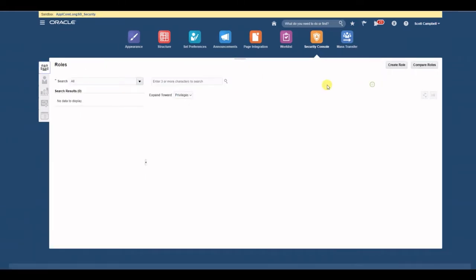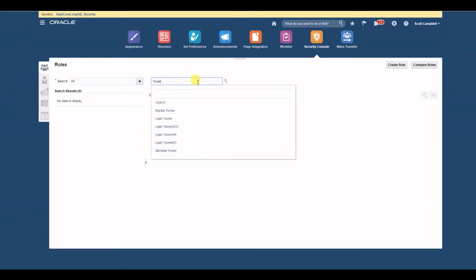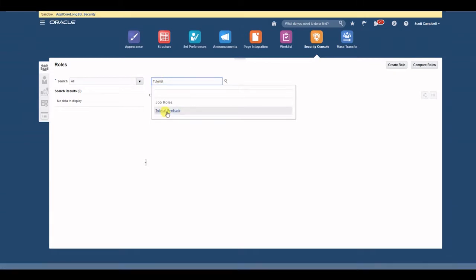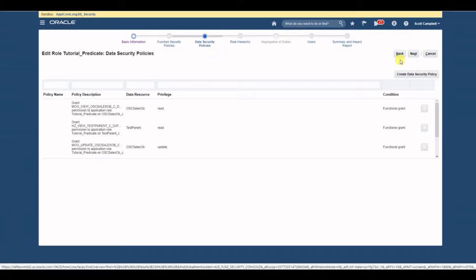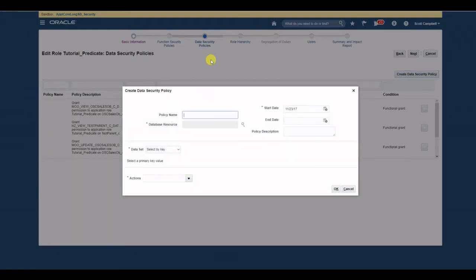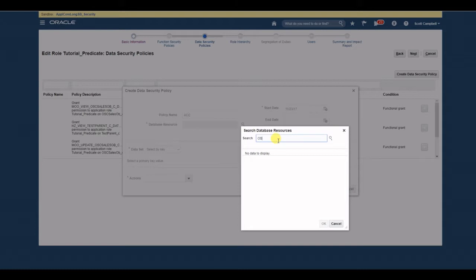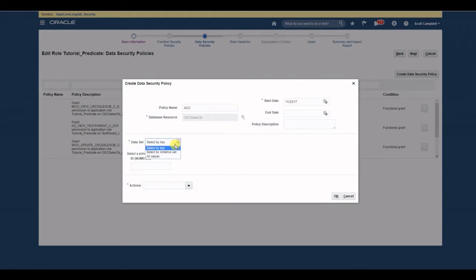Now we can use that condition in a custom job role, and we already have, if we recall, a custom job role called tutorial predicates. So just select this, edit it, go to data securities, create your new data security, give it a name, select your database resource, okay,